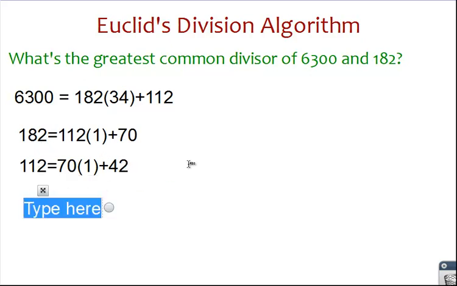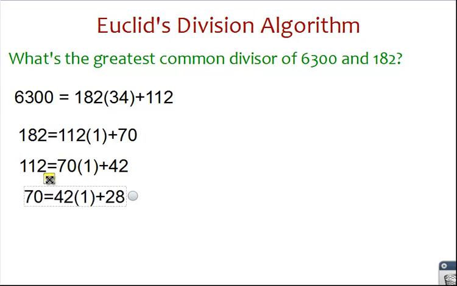And so we keep going. 70 is 42 times 1 plus 28. 42 is 28 plus 14,